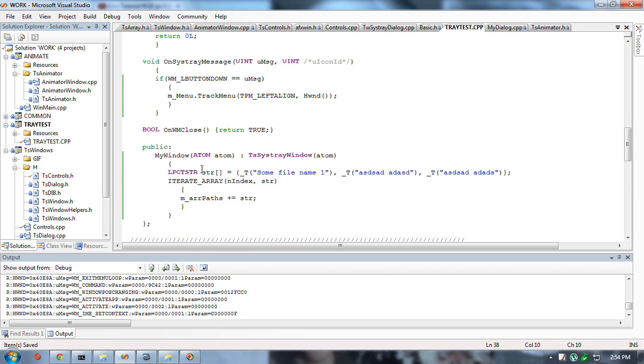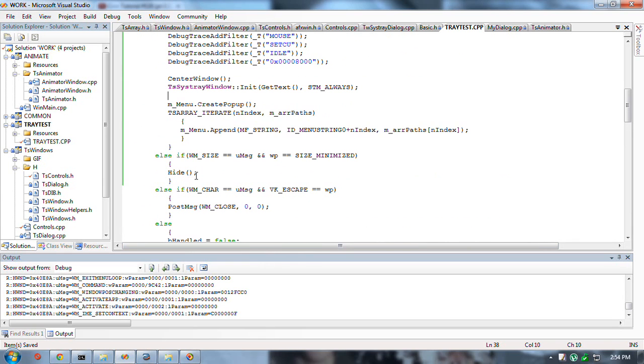Okay, so assume we read in from the registry a list of strings. We add them all to that menu. Now, if we get a WM command message,